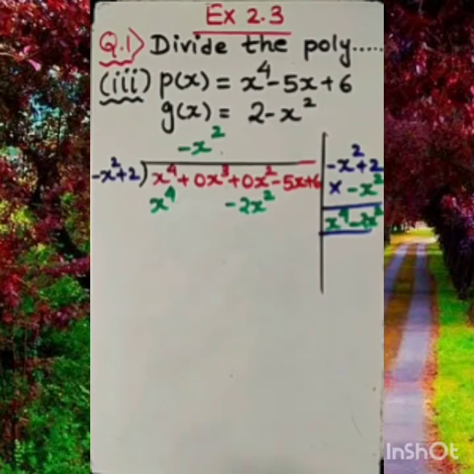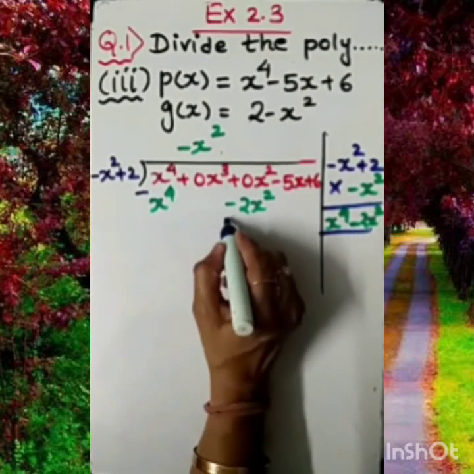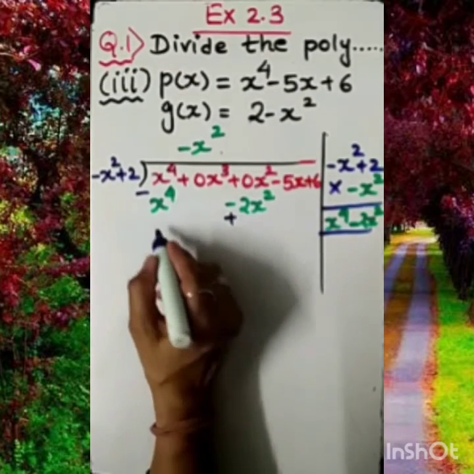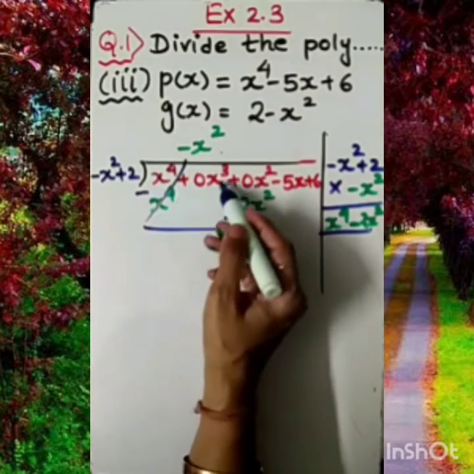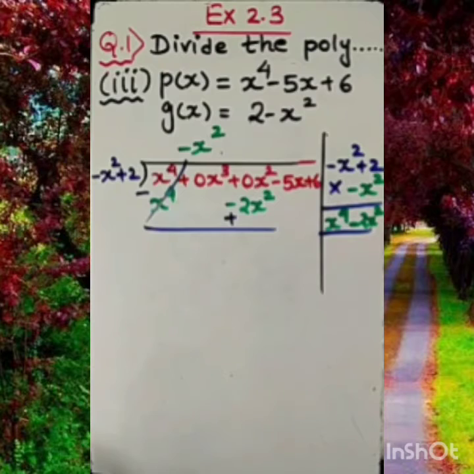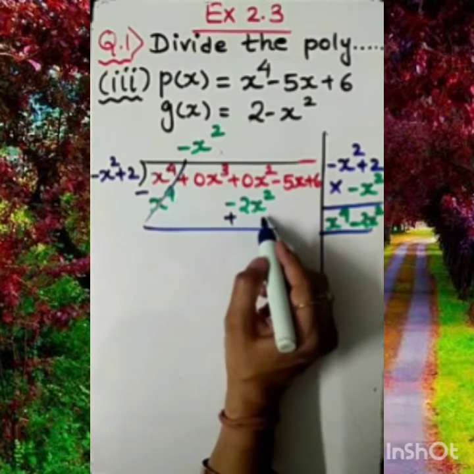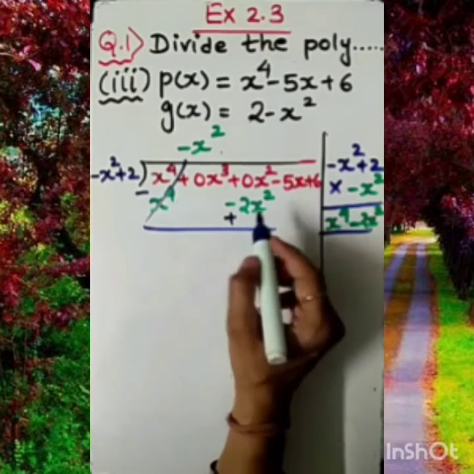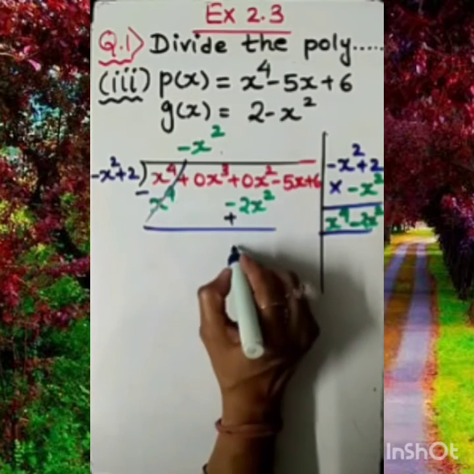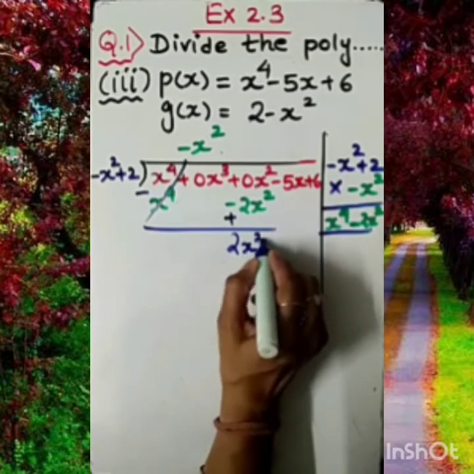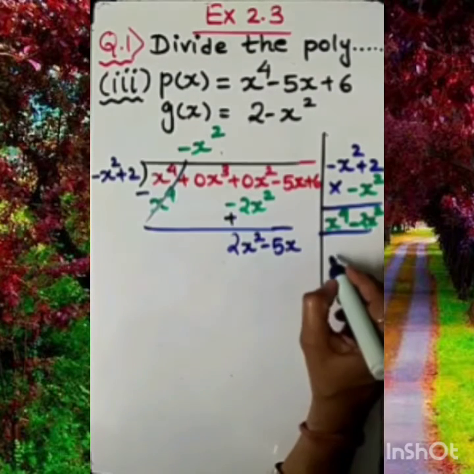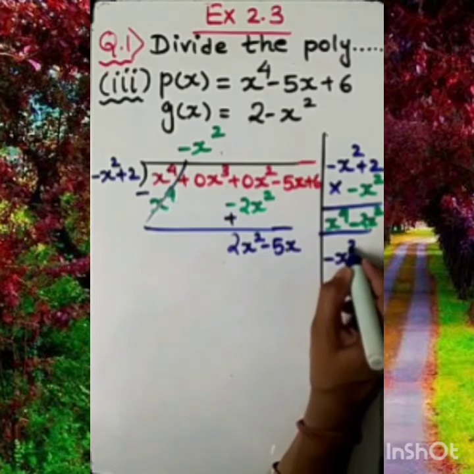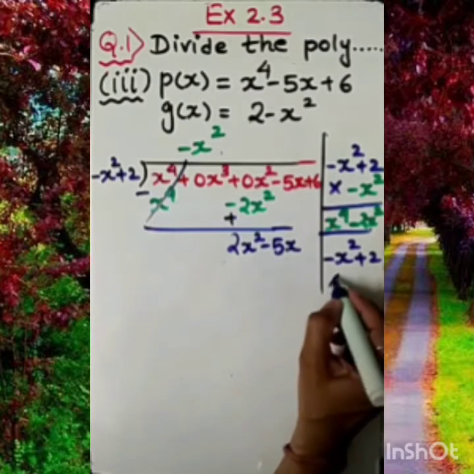As usual, you know, we need to change the sign. So here it will be minus and this will become plus. So dear student, this will be cancelled. Now 0x cube means 0. So if you do not mention it, then no issue. Now plus 0 plus 2, it means only 2. Let me bring this minus 5x down. So next step, minus x square plus 2 is already there.